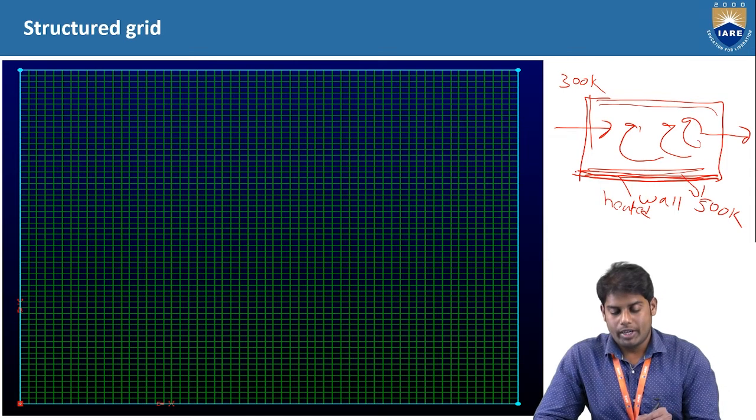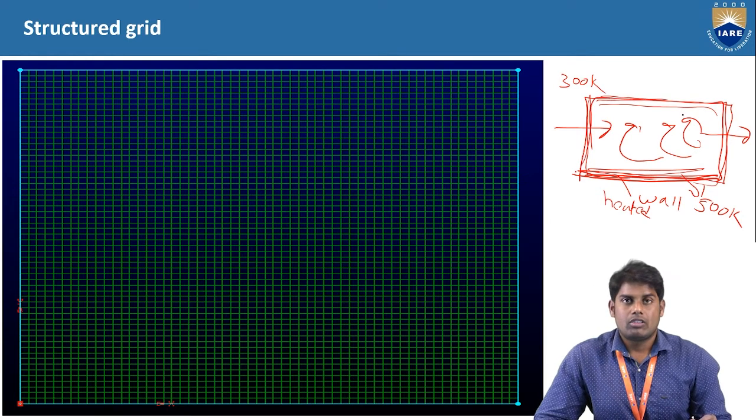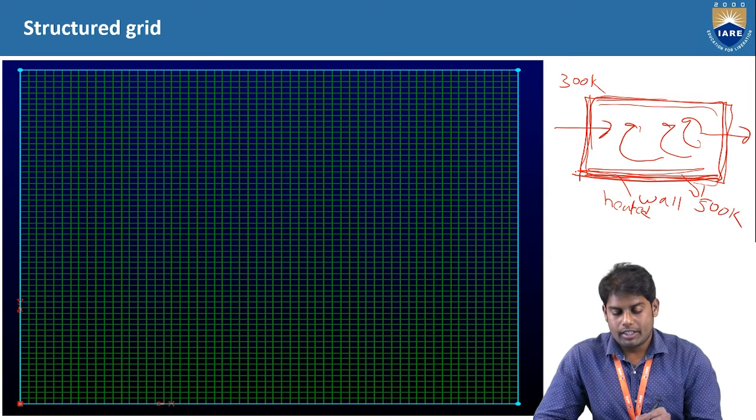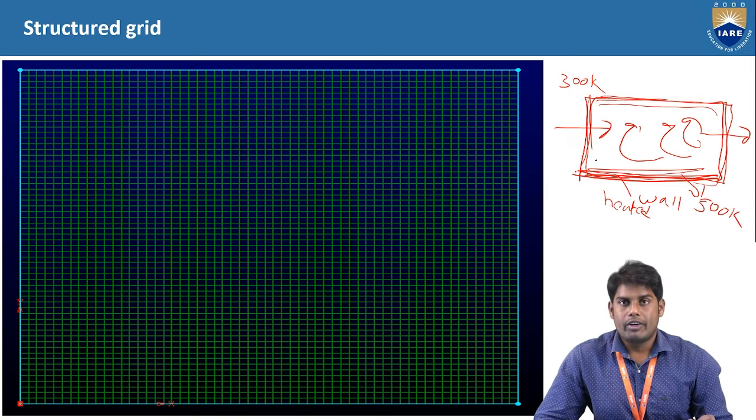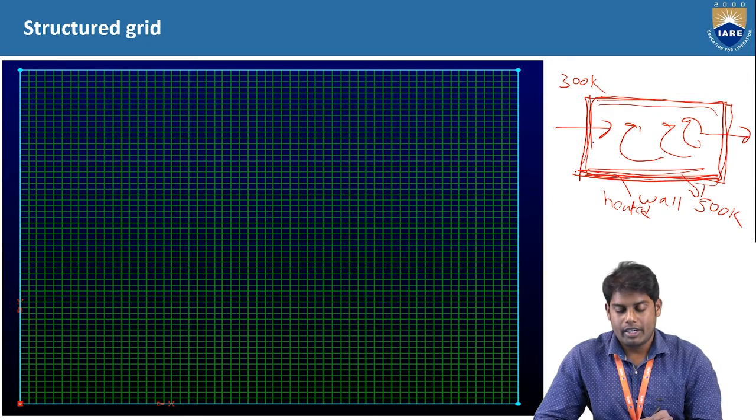Domain is an entity where your model is placed. So basically this is called a domain. Domain is nothing but an entity which is used to model a computational fluid dynamic block where the fluid dynamic simulations will take place. And when you perform this grid technique, this domain will be divided into subdomains.